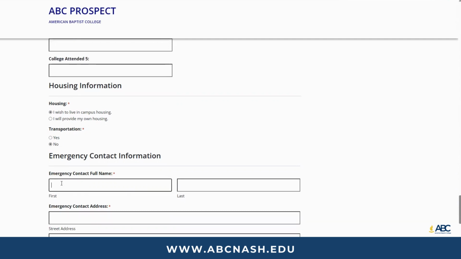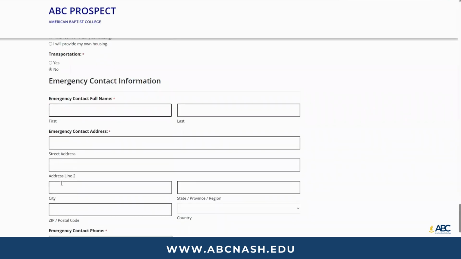Next is your emergency contact person, and you'll want to put their name and information into your form as well. And then it's going to ask you for their street address as well.